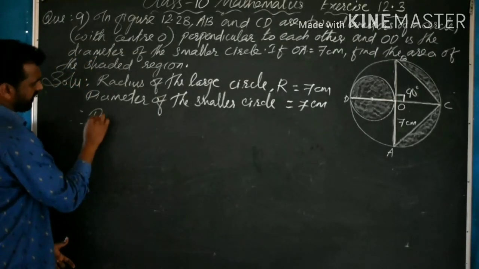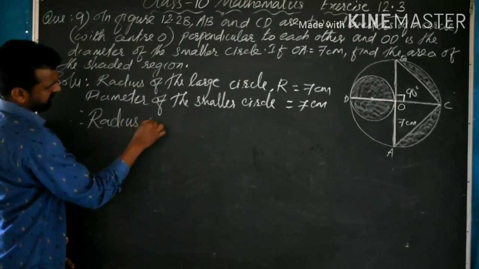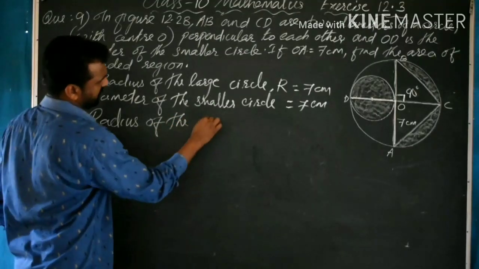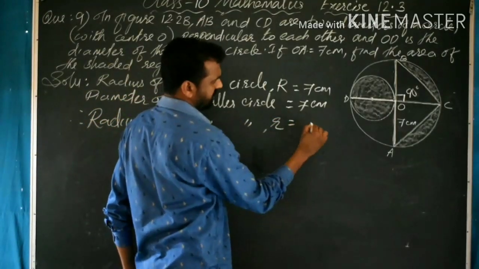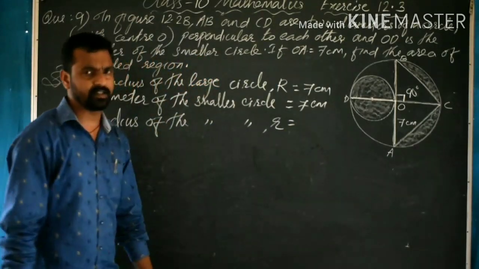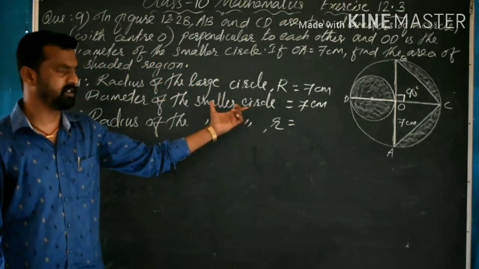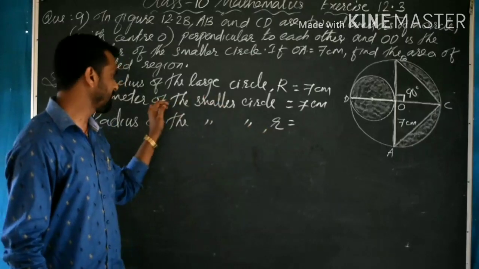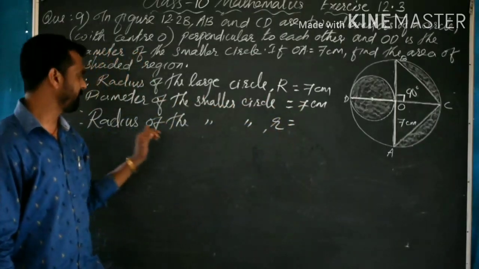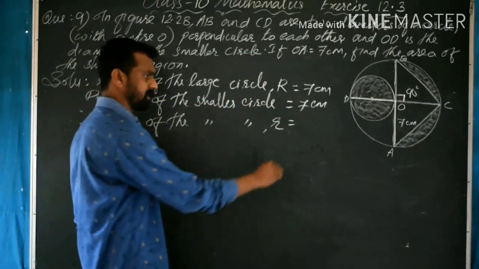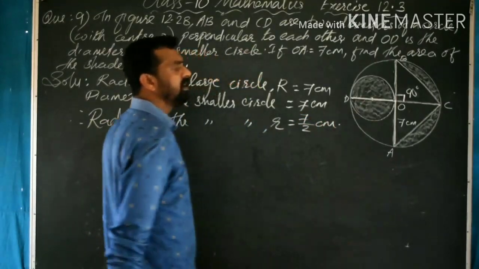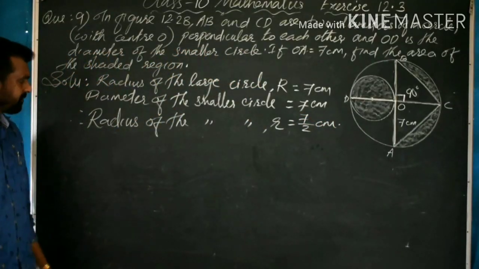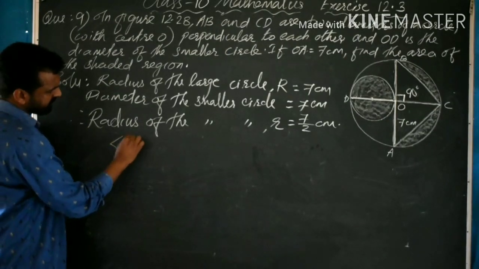Therefore we can write radius of the smaller circle, we can denote it by the small letter r. r is equal to, we know that radius is half of the diameter. So diameter of the smaller circle is 7 centimeter. Therefore, radius of the smaller circle is equal to 7 by 2 centimeter. Now next one, angle BOC is equal to